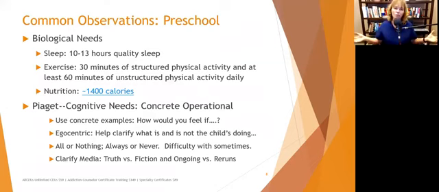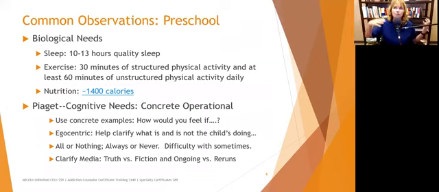And 1,400 calories, we know, are not the same across the board. You can eat 1,400 calories of Oreos, which sounds really good, but it does nothing for your health. It actually is probably harmful. So we need to make sure that parents have access to resources to get good nutrition.